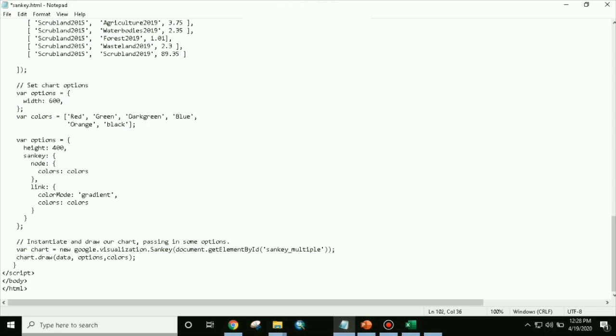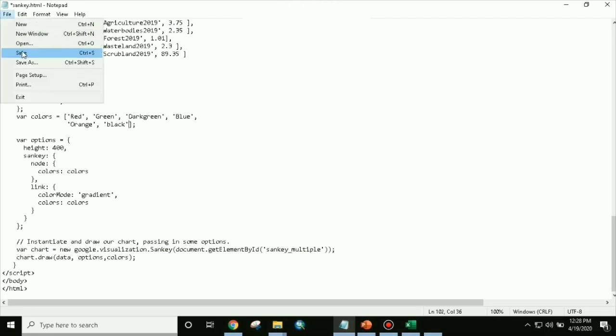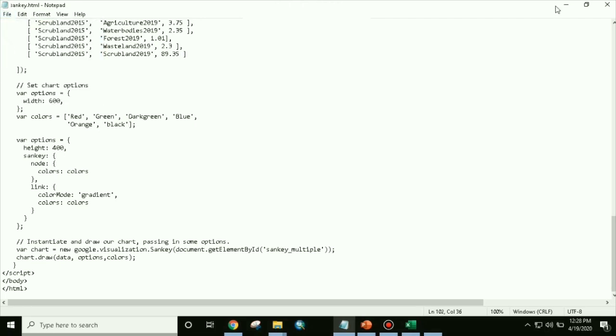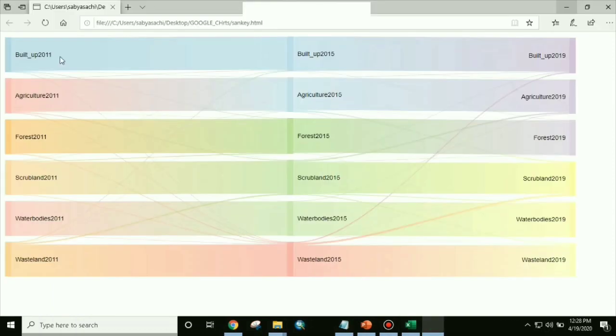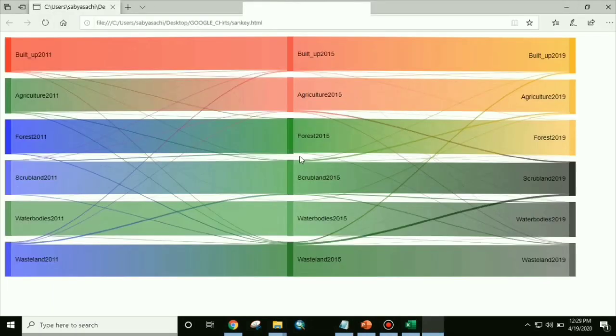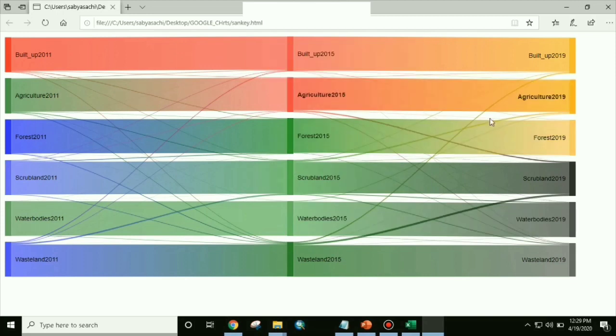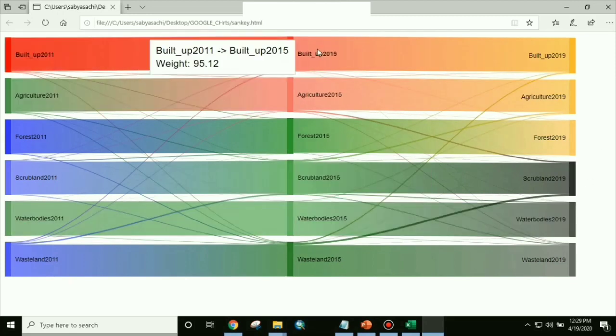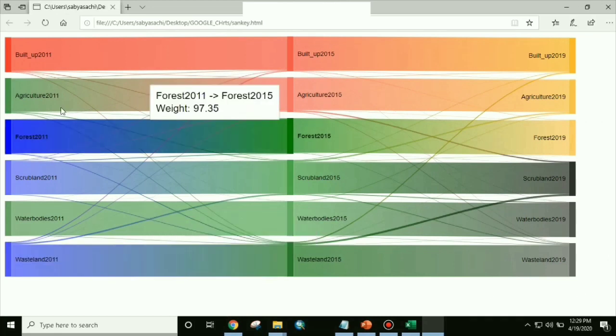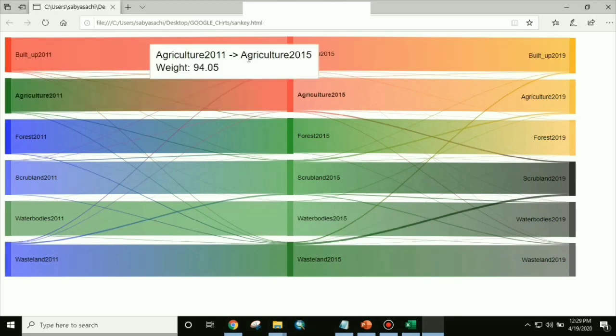So just save it. So you can see that red color built up we have given, then green color. Then you can see how it is changed. So that's all for today's session. But if you want to change each and every node, then you have to type for each and every node.